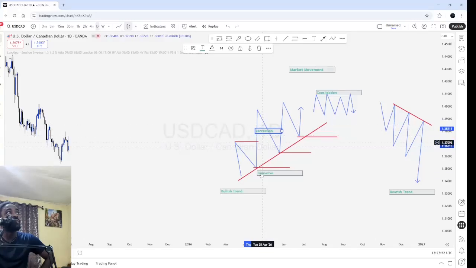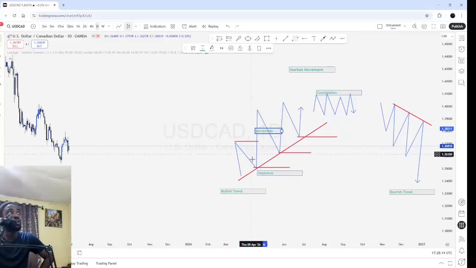So the impulsive move is a big move. Then after that we have a correction move, which is coming down. And this movement, most of the time, takes some time before going. When it's in a bullish trend and going up, you see that it goes up very fast because there is more volume over there. Do you get me?